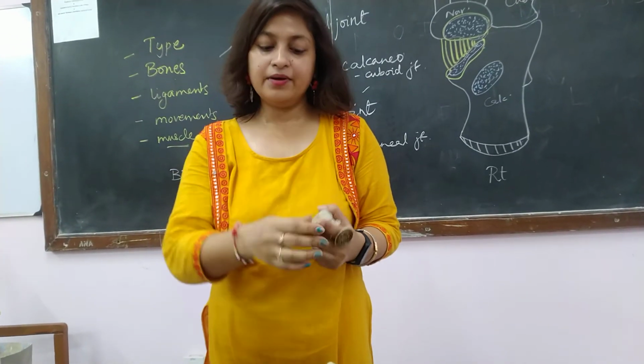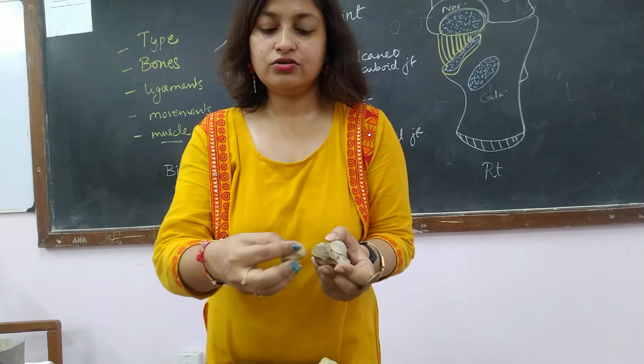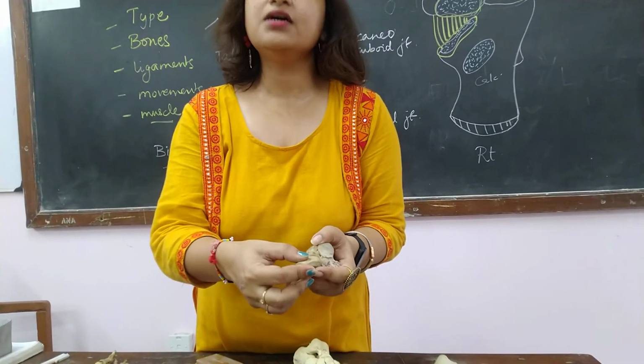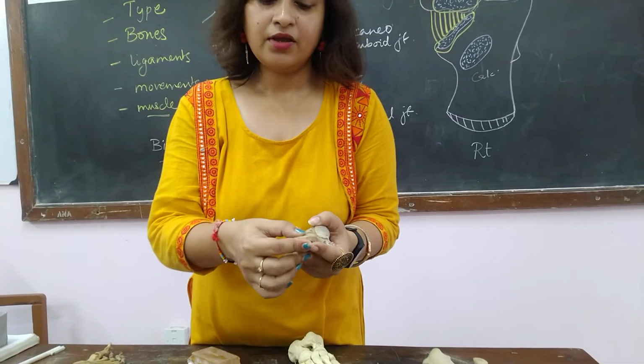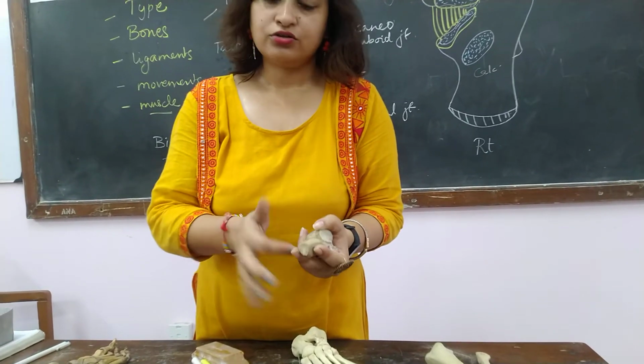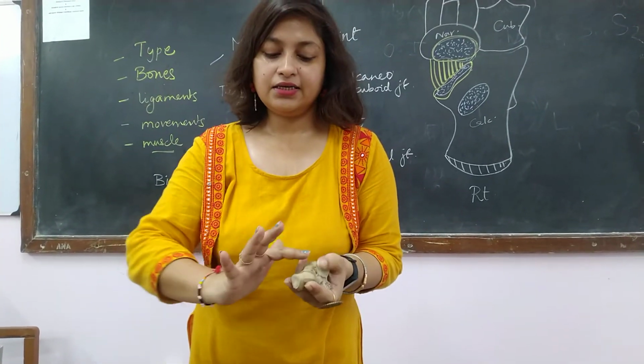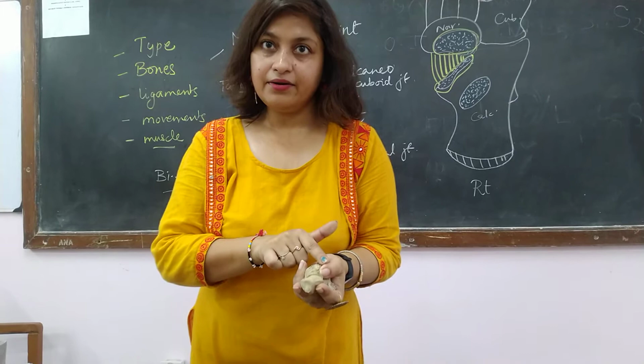What is the subtype? You see the articulating surfaces, they are convexo-concave. So the type of joint will be the saddle joint. Okay. And like any other synovial joint, it will have its capsule. So the ligaments over here will be the capsular ligament. Then there is this bifurcate ligament.